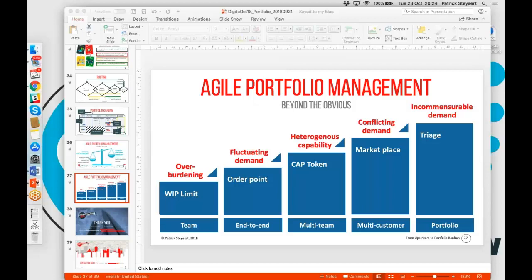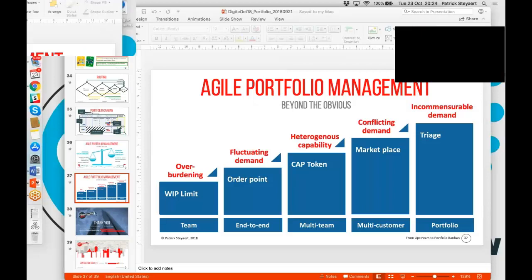And I think different teams can define cap tokens in different ways. But there are a couple of follow-up questions: what is the relation between capacity and velocity from a Scrum point of view? Are they the same concept? And another question: is a cap token equal to story points in Agile Scrum? And I guess the answer is yes, in terms of the WIP limit that you can define for the team, right? Yeah.